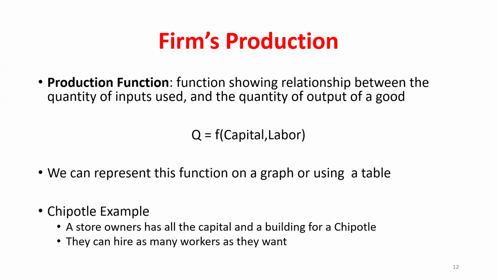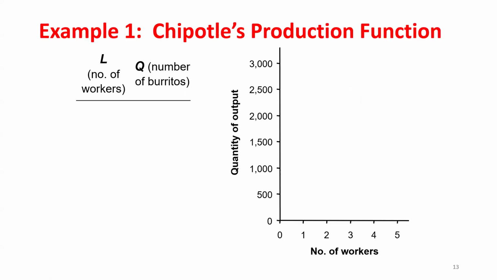Okay. So I'll think about this simple, maybe it seems weird, but it is a firm. If I think about Chipotle, right? So let's think about initially, I'm looking at all these applicants. Who do I want to hire first? Well, if I don't hire anybody, what's my output going to be? 0. If I hire that first worker, maybe now they can produce on their own 1,000 burritos in a day or a week. I don't know, whatever it is.